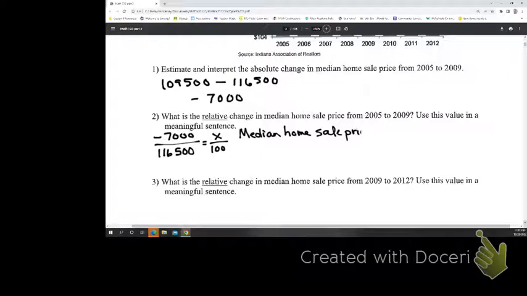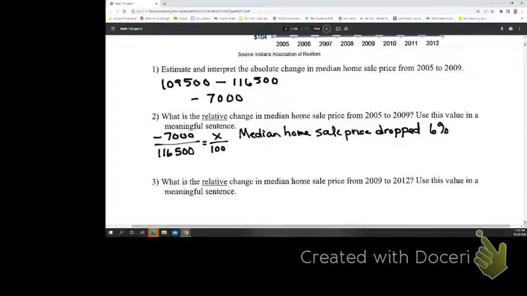Yes, that's what I came up with, 6%. So I would say the median, negative. Yes, so I figured you would add that in. So the median home sale price dropped, so I could say it decreased, or I could say it dropped